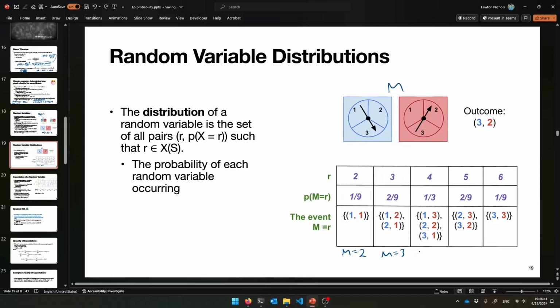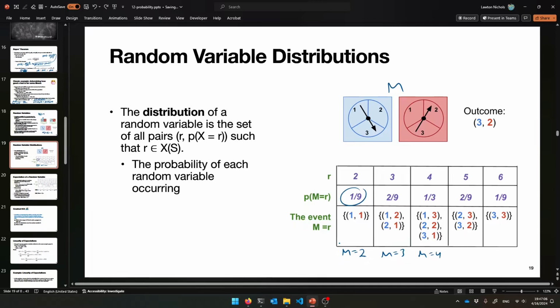And then finally for 4, for similar reasons, what are all the different ways to land on 4? You could either do a 1 3, a 3 1, or a 2. They could both be 2s. And then for 5, these are your ways to get 5, and then there's only one way to get 6. And then once you've enumerated all the possibilities, you know, all right, there's 1 2 3 4 5 6 7 8 9 options total, and there's only one way here, so it's a 1/9 chance that